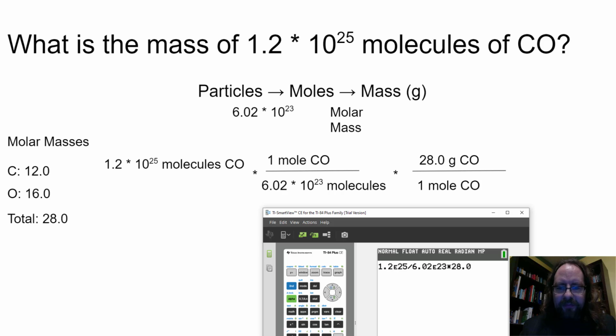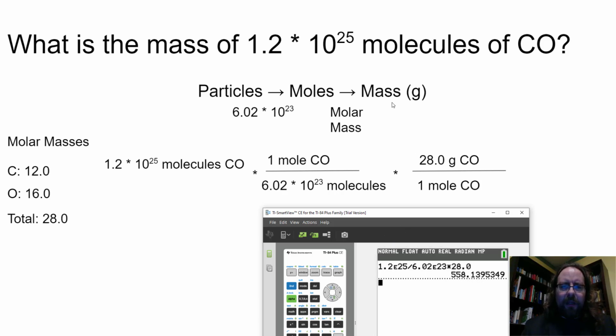Now notice when I use the E notation here in my calculator for scientific notation, I don't actually need to use parentheses. That's one of my favorite things about doing it this way. That makes it a lot faster. Now some students just like to use parentheses anyway around each of these numbers, and that's fine. It's just not needed if you use the E notation on the calculator. Again, if you literally multiply 1.2 times 10 to the and then divide, you'll need parentheses when you divide by a number like that. But anyway, let's see what this gives us. This gives us 558.139